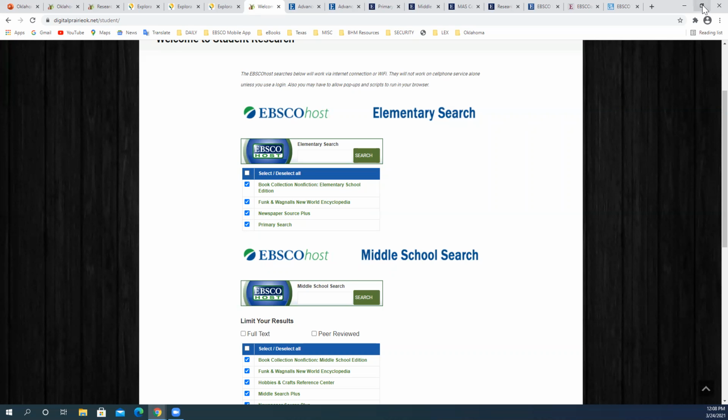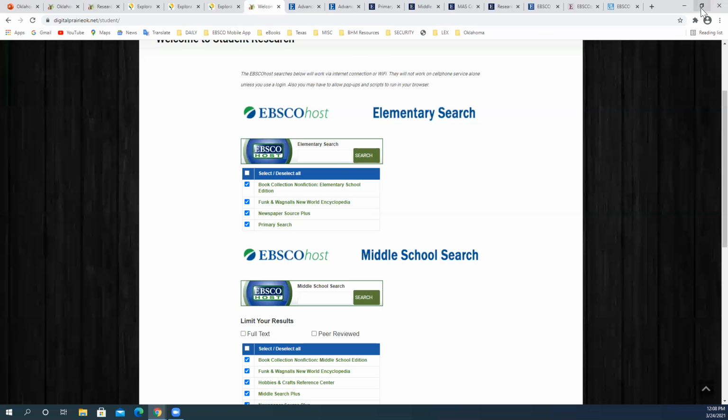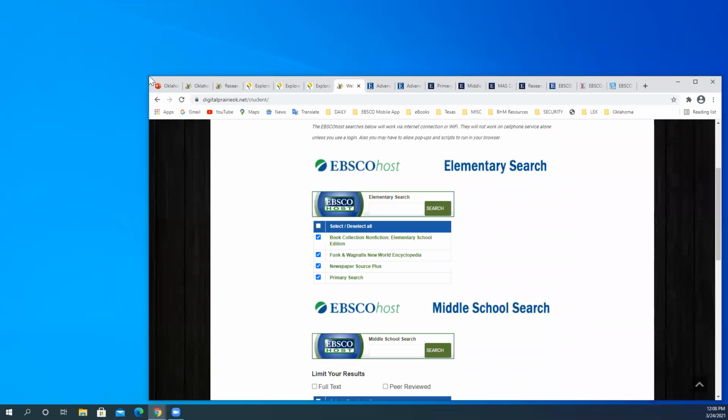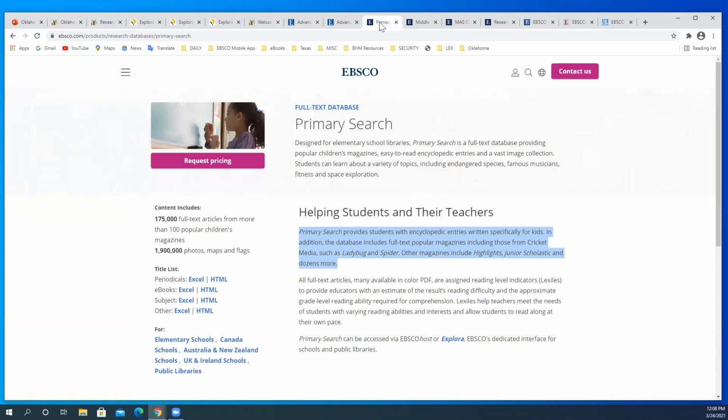And actually, let me reduce my screen. When I go full screen, it's hard for me to click through my tabs. So let me quickly not do full screen, but it gives me access to our product pages. And so, as I said, Primary Search is fueling the elementary Explora. And if you're interested to know what is behind the Primary Search full text database, we do have this product